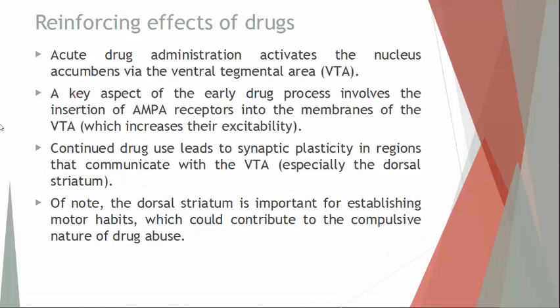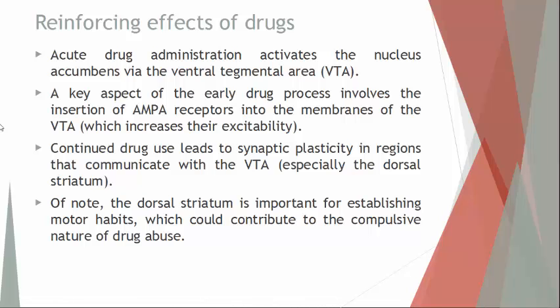The last topic we'll talk about in this presentation, reinforcing the effects of drugs. When you have drugs like stimulants, like cocaine, amphetamines, they target one very particular area of the brain, and it's called the VTA, the ventral tegmental area. And the reason why this is very important is that it is a region of the midbrain where dopamine is produced. And we've talked about dopamine a few times already. Dopamine is what makes you feel happy, makes you feel good. So if there's a lot of dopamine, you're going to feel really happy to the point of a euphoric sense.